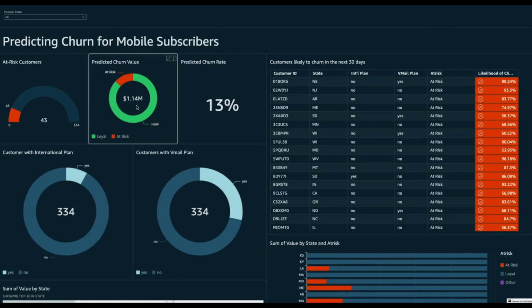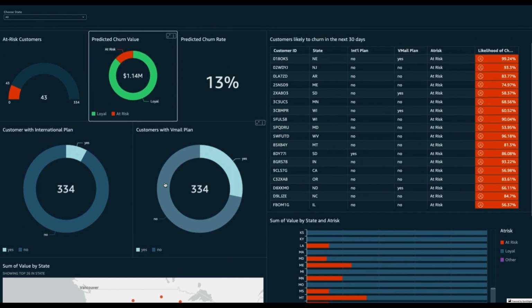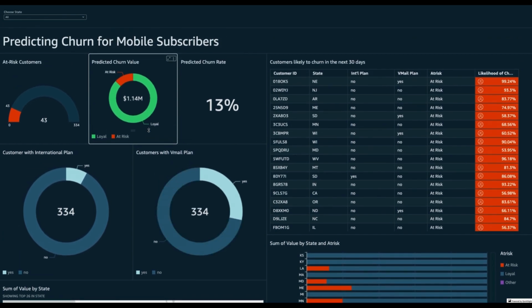Now with this integrated data, you can generate near real-time dashboards and alerts using tools like Amazon QuickSight or Grafana. For this demo, I'm using Grafana. It allows customer representatives and the retention teams to monitor the customer behavior and usage patterns. Based on that, they can identify the customers who have a churn risk, and they can automate